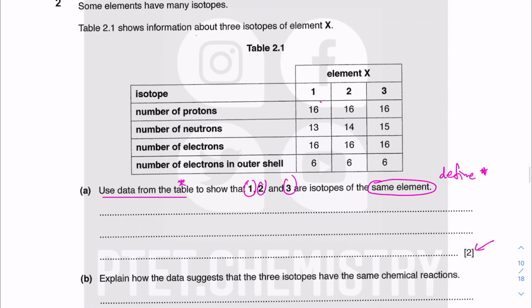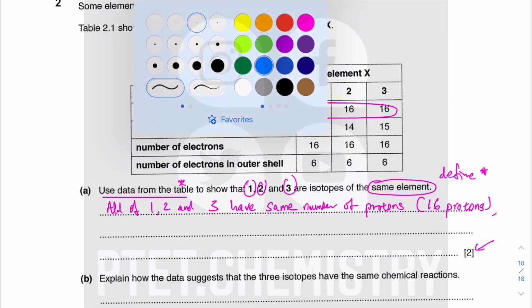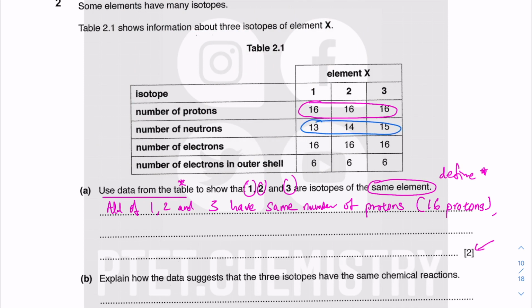So here you can see they have the same number of protons. All of 1, 2, and 3 have the same number of protons, but that is not using the data. I have to use the data, so I will put a bracket, 16 protons. I've stated the definition, but it's incomplete because now I need to look at the number of neutrons. But different number of neutrons,